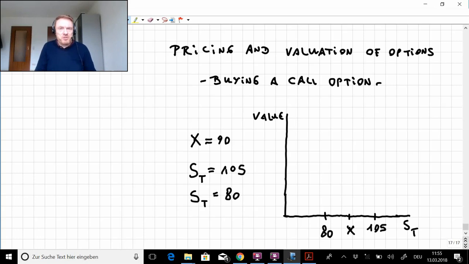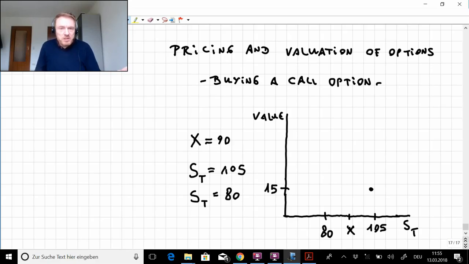Say the price of the option was 0, so it's 15. The payoff, and here the profit, if the actual price of the option was 0, is going to be 15, so we get this point. The price of the underlying asset is indicated with S. If it's going to be 105, the buyer of the call option is going to buy the asset for 90 and sell it immediately afterwards for 105.